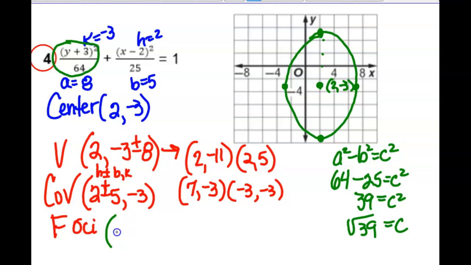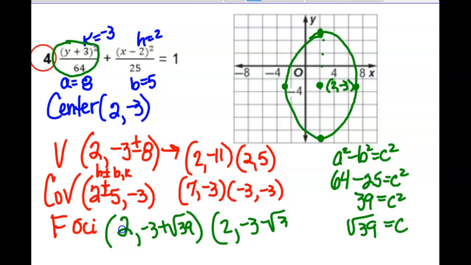Great question. All right, so the foci are on the major axis, so they are going up and down as well. So they're getting added onto the y. So we would have 2, -3 plus the square root of 39, and 2, -3 minus the square root of 39. I would not be picky if you left that one -3 plus or minus the square root of 39,